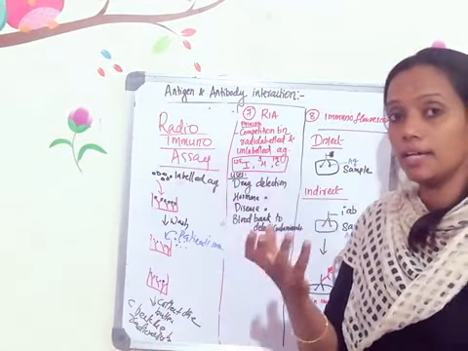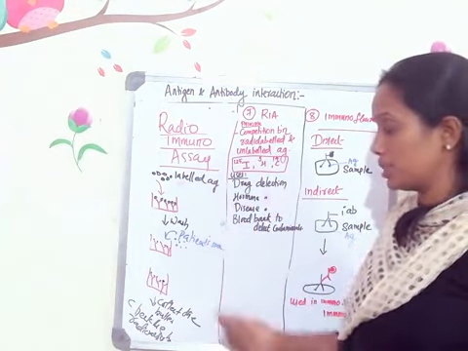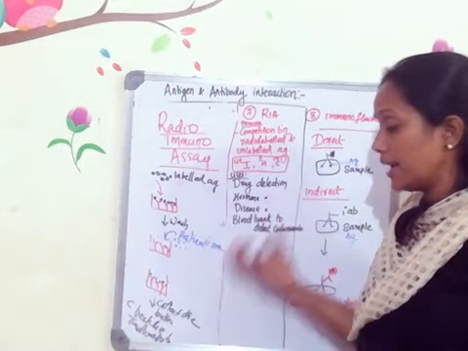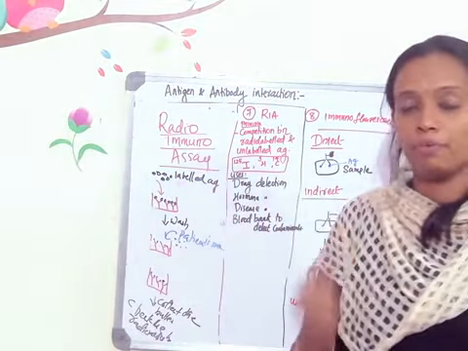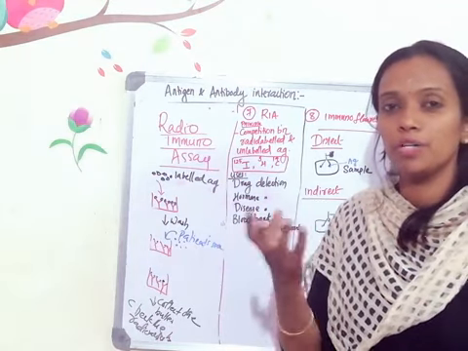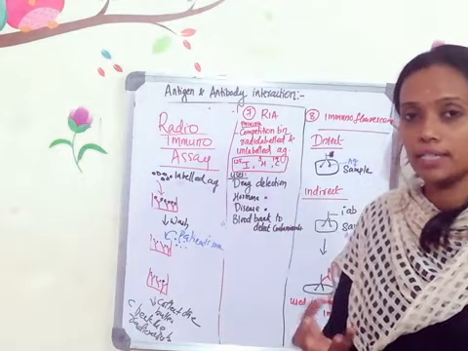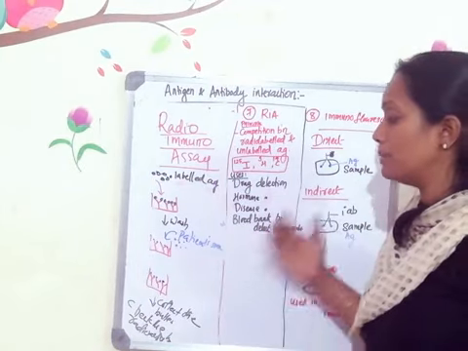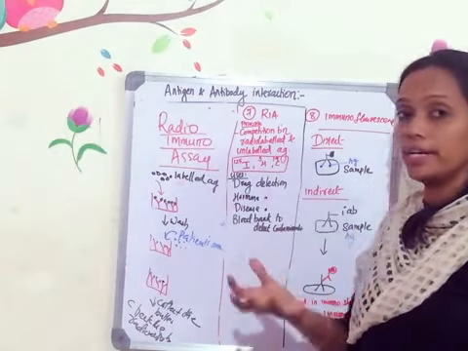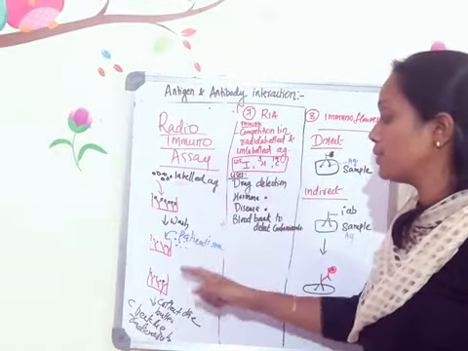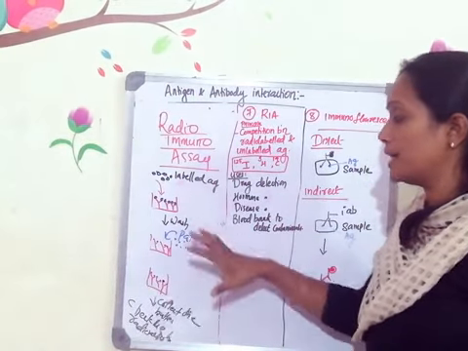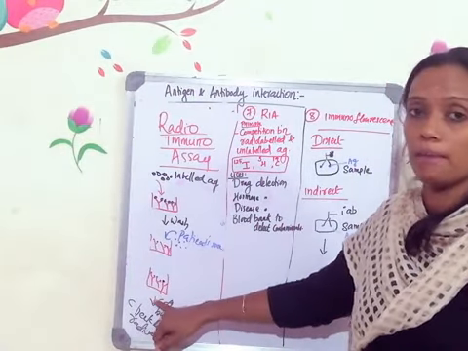We collect the buffer we used for the washing step and check the radioactivity in the wash buffer. The wash buffer used for washing the well, we need to collect it and check the radioactivity. Depending on how much radioactivity is there, you can determine the amount of antigen in that particular sample.